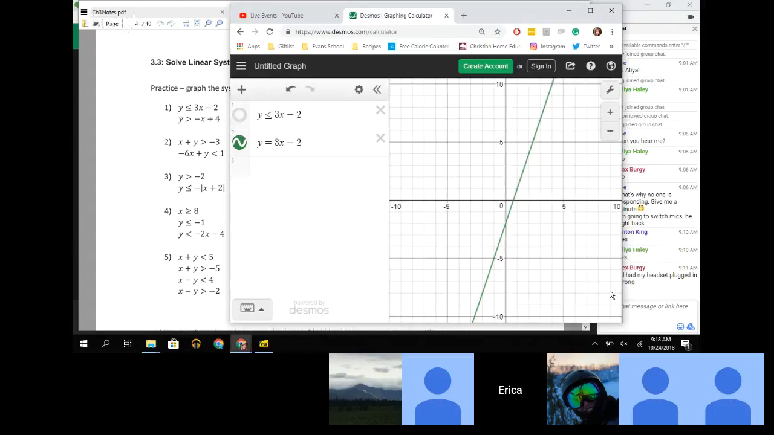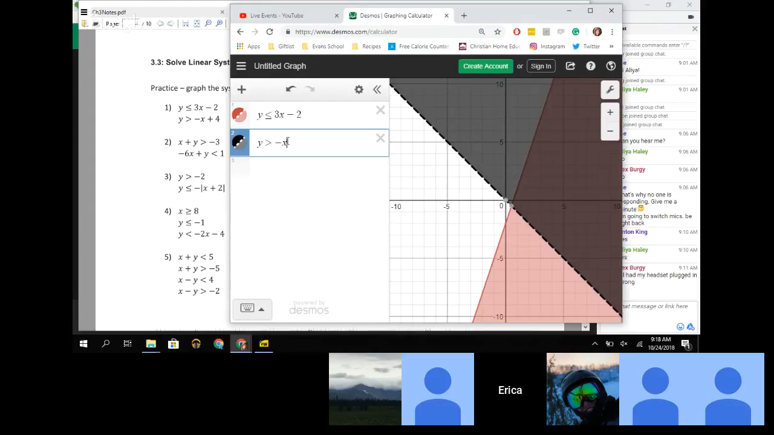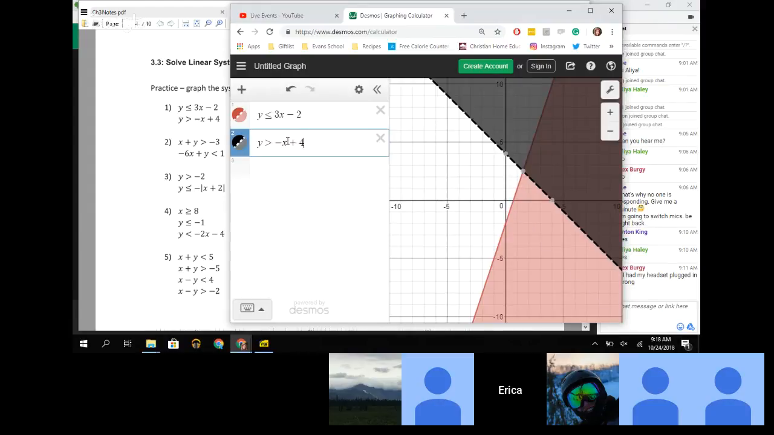Okay, so that's how you would use your TI calculator. All right, so I have one equation, right? Desmos does a little bit better job. And then I have my second equation, which is y is greater than negative x plus 4. Okay. So then if I wanted to know when both of these equations are true,